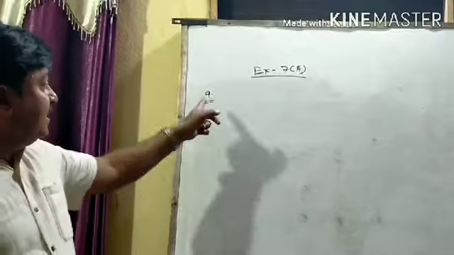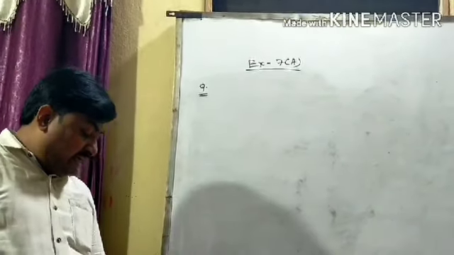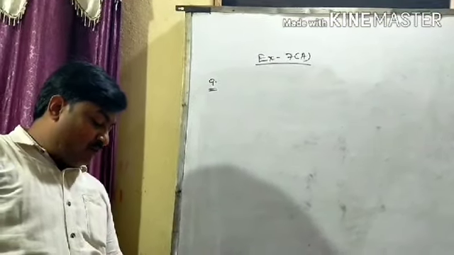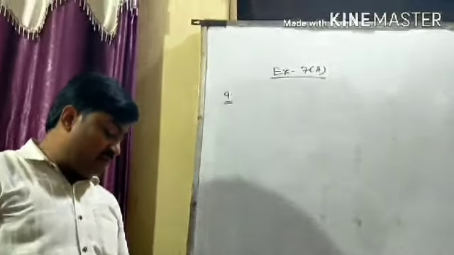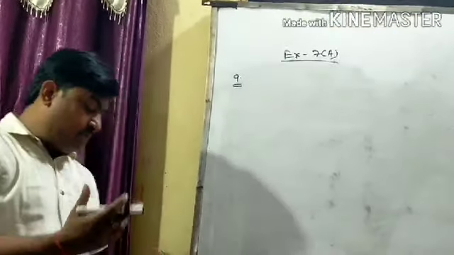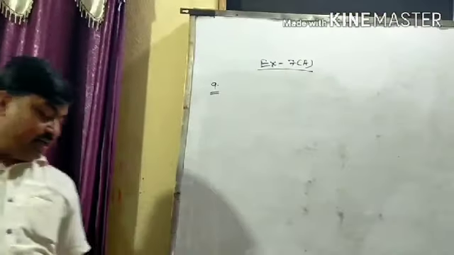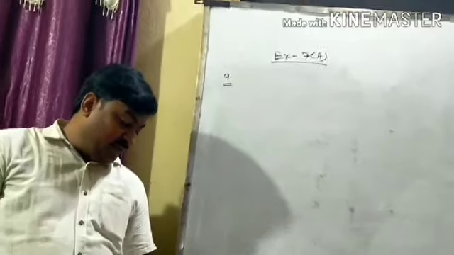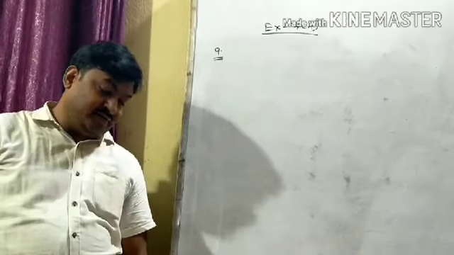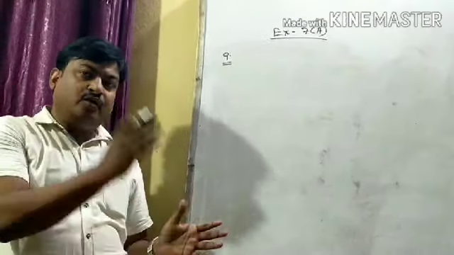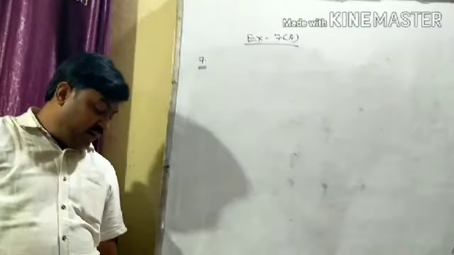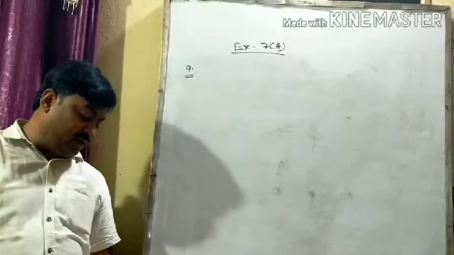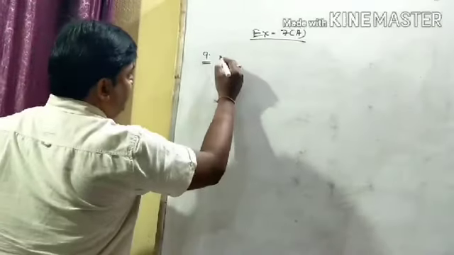Now, question number 9. Question number 9 is, 8 men can finish a certain amount of provisions in 40 days. Means this provision lasts for 8 men for 40 days. If 2 more men join, means 8 men are already there, 2 men will be increased. If 2 men join, then find for how many days the same amount of provision will be sufficient. So students, since